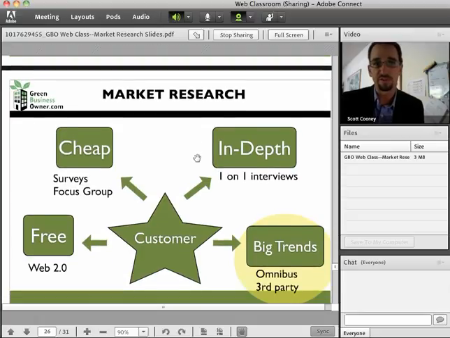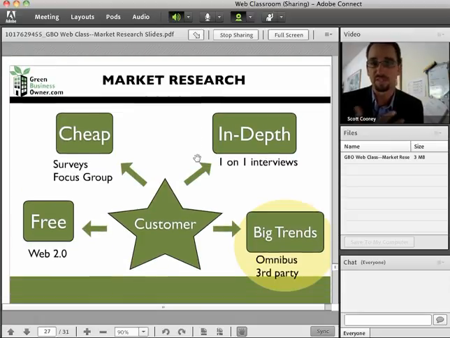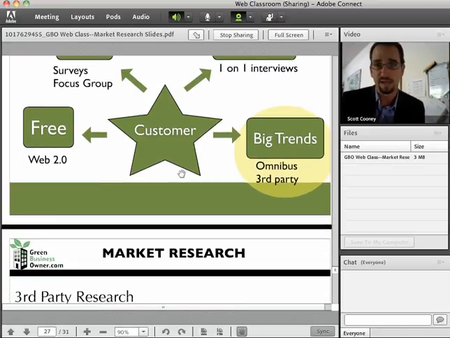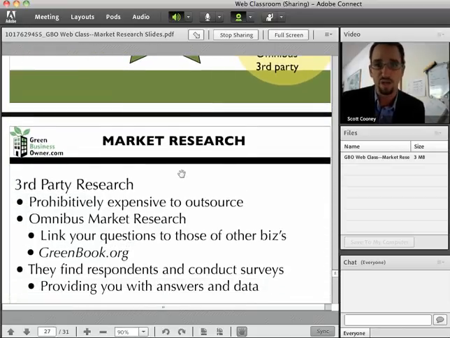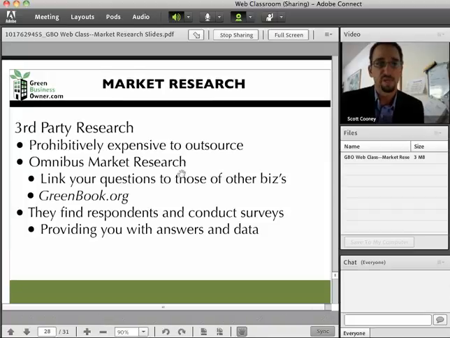Okay, and we'll glance over this a little bit, because this is not something that's super popular for startups or for small businesses, but you can definitely do some much bigger trend research in market research to find much better broad brush takeaways in general consumer preference. So you can actually hire this out and pay good money to find great data.